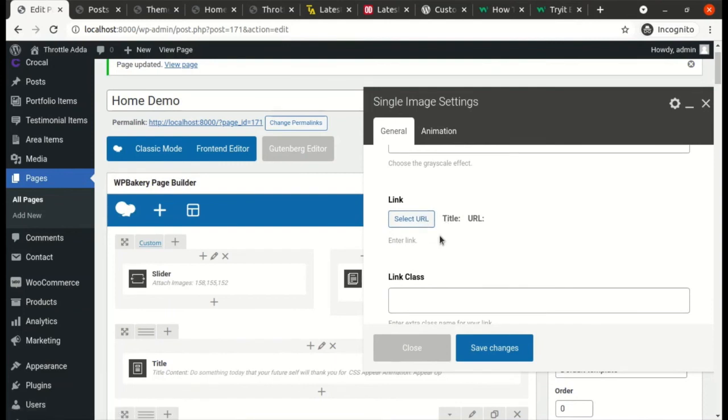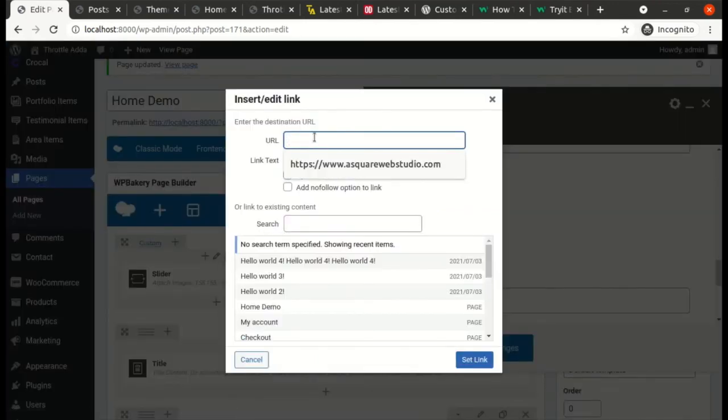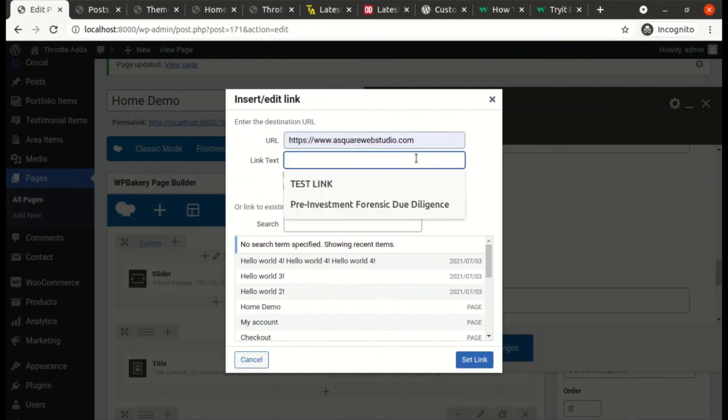Now select a URL. Okay, now as I told you that I want an image with the link, so that someone clicks on it, they will redirect to some other page or some other website or some internal link. Okay, so I have so many options over here. I can put the URL of the image. I will put it as A Square Web Studio.